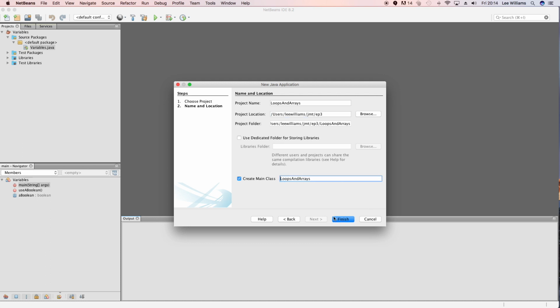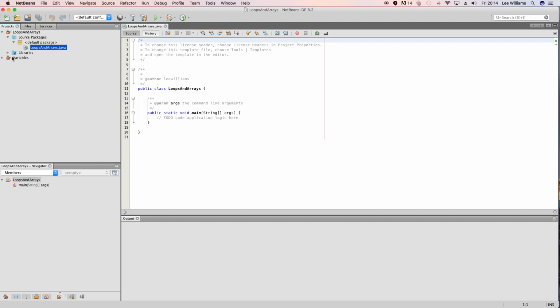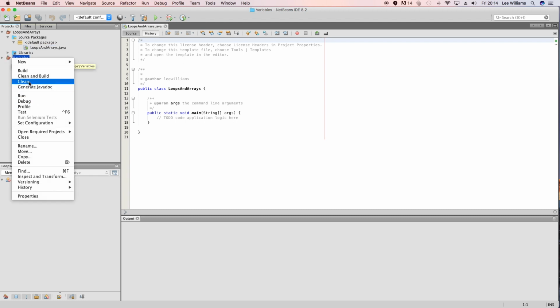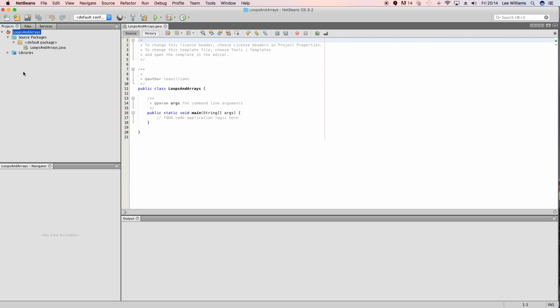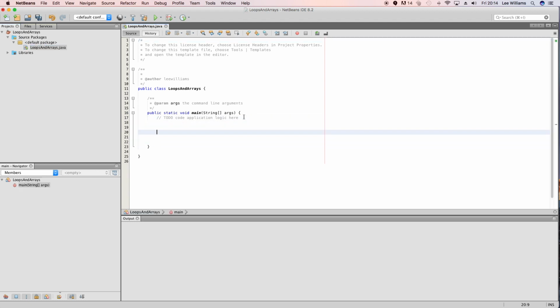I'll just give you a bit of an explanation here. What you saw before there was the package name. I'm just going to install it into the default package, as you can see in this other project. So we'll finish that. I'll close down this one so that we don't have to see that one. Okay, so we've got this main class here, and this has all been explained in a previous video